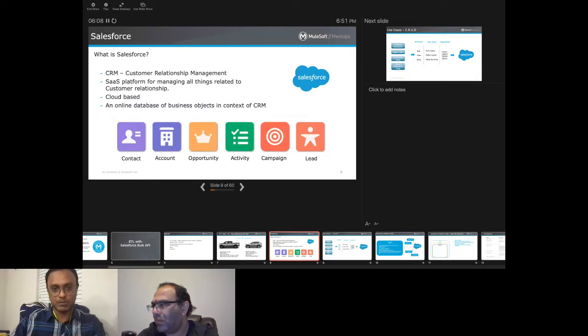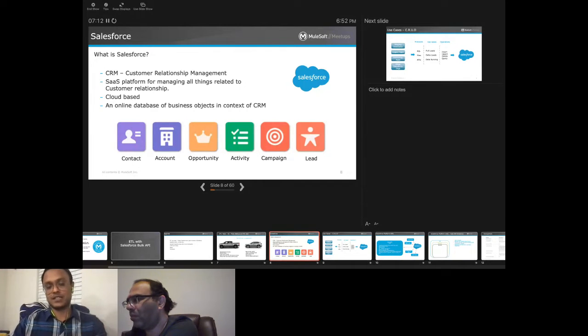Salesforce is a customer relationship management software-as-a-service platform, which basically handles A to Z of anything related to customer management. Like if you are a big bank that wants to deal with incoming customers for home lending, or if you are a trucking company which wants to keep in touch with its drivers, things like that. And it is completely cloud-based, and it's basically an online database of all the business objects associated